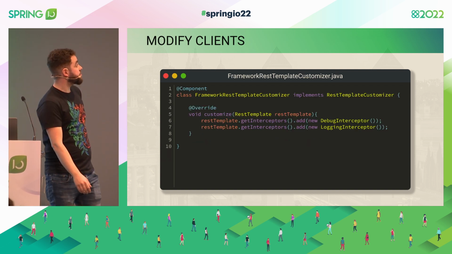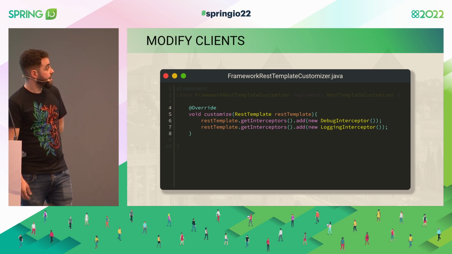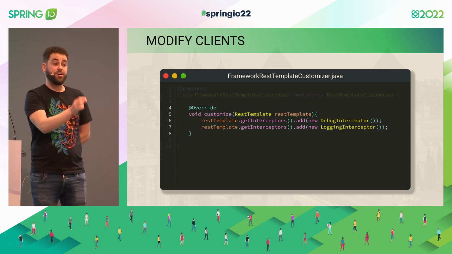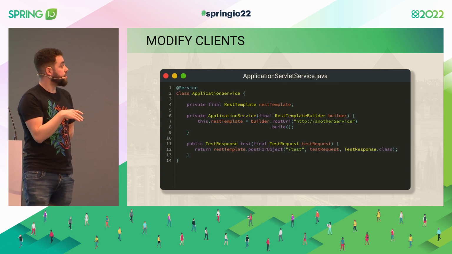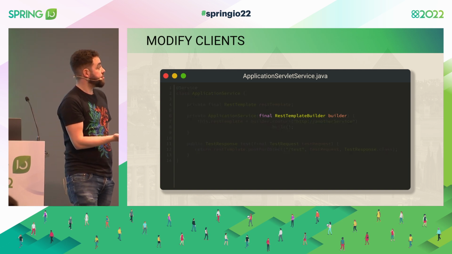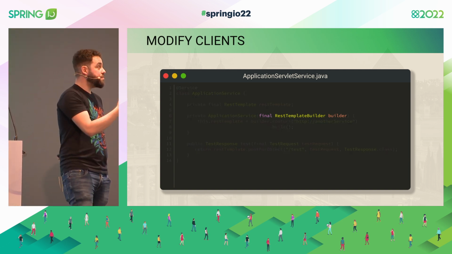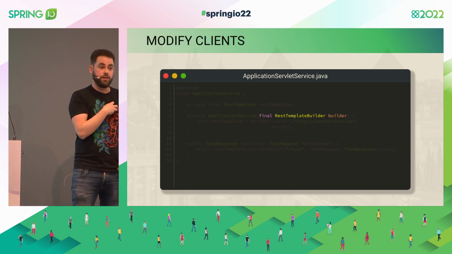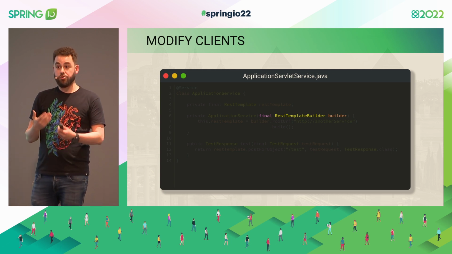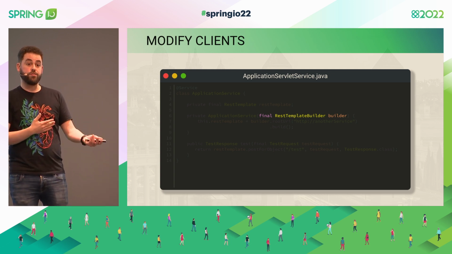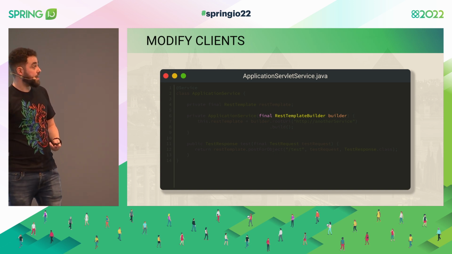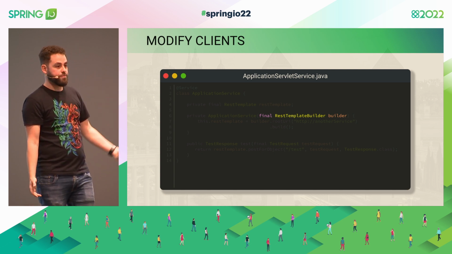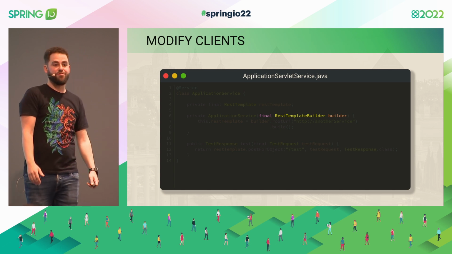So what we can do is just create our own REST template customizer, add it to the context, and then just say, OK, just get the interceptors and add new interceptors. So now the two lines that we were doing before don't have to be done. And from the application, it looks as simple as this. There's one requirement, is that when you build your REST template, you have to inject the REST template builder. This is actually not our requirement only. If you see Spring Boot documentation, they recommend this, mainly because if you're using things like Actuator and you need to intercept metrics for your clients, this is the only way that the magic can be done unless you want to do things manually. So this is always good, best practice, regardless of you using the framework or not.